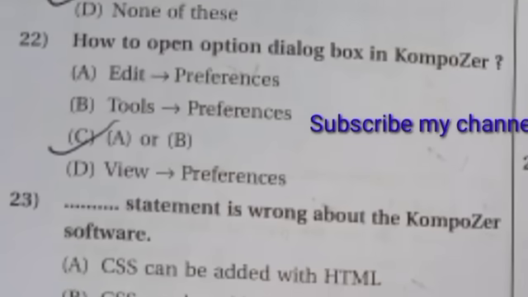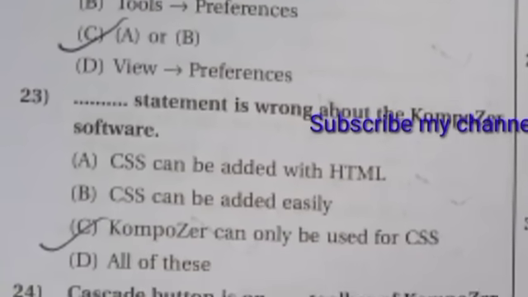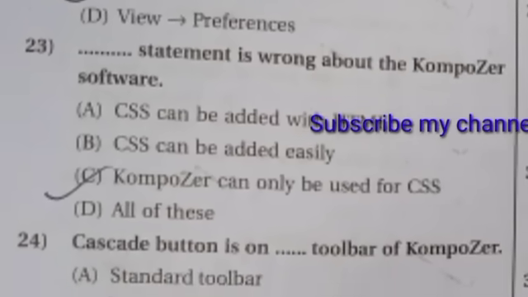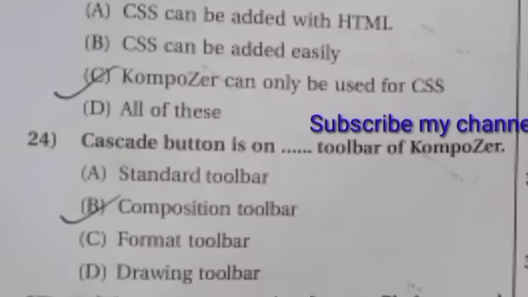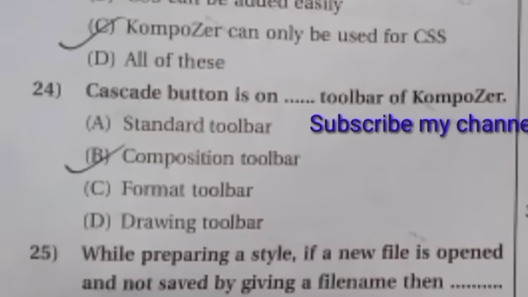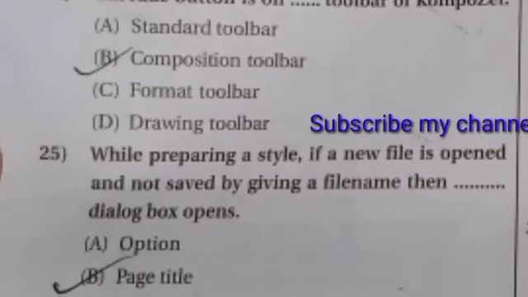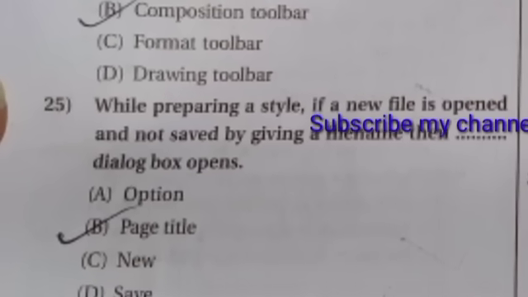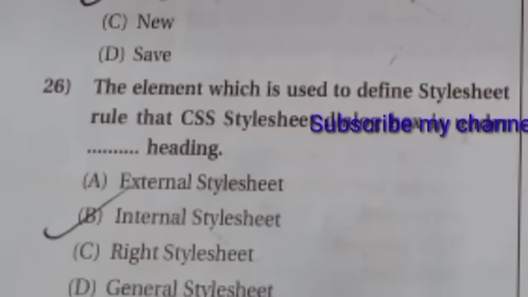Dash statement is wrong about the composer software। C, composer can only be used for CSS। Cascade button is on dash toolbar of composer। B, composition toolbar। While preparing a style, if a new file is opened and not saved by giving a file name, then dash dialog box open। B, page title, the elements which is used to define style sheet rule that CSS style sheet dialog box is under dash heading। B, internal style sheet।